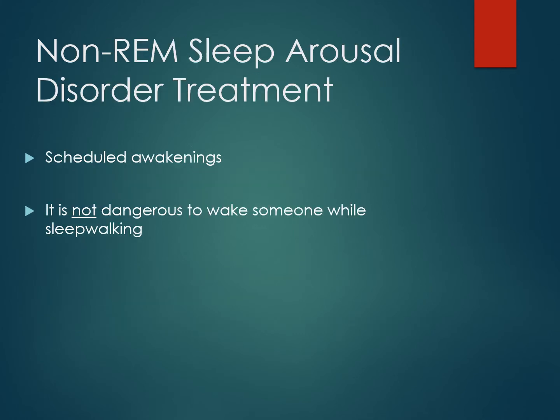The treatment for this disorder is something called scheduled awakenings. Generally, when people have night terrors or sleepwalk, they tend to do it around the same time each night, at the same point in their sleep cycle. So the parents are instructed to wake the child up about 20 or 30 minutes before the occurrence usually happens. This resets the child's sleep cycle and makes it less likely that this behavior will occur. After a few weeks of having their sleep cycle reset, the parents can gradually cut back on waking the child up, and the symptoms tend to disappear.